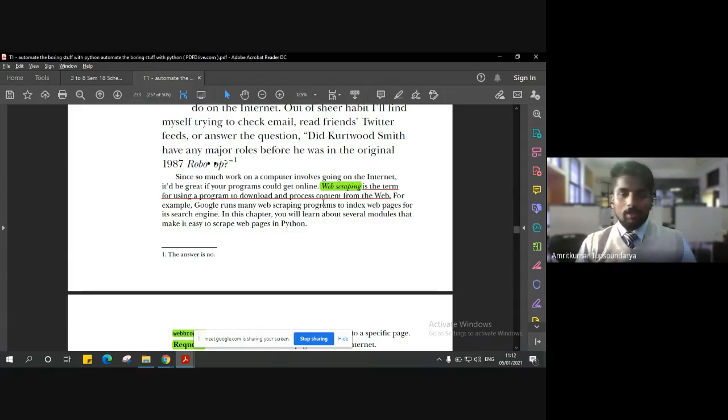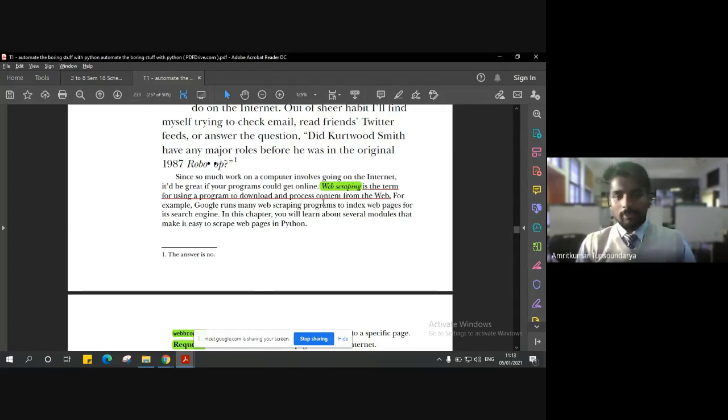For example, if I have to highlight only the essential data from a particular web page, I can make use of web scraping and give the required essential details, and it will fetch only the essential information. For example, let's say I want to get the contact numbers from a particular web page, only the contact information about a particular website. I can simply run a script which makes use of web scraping, and it will fetch me all the contact details.